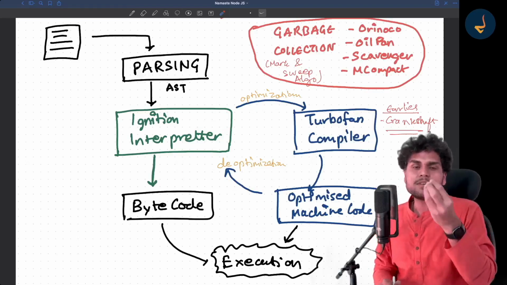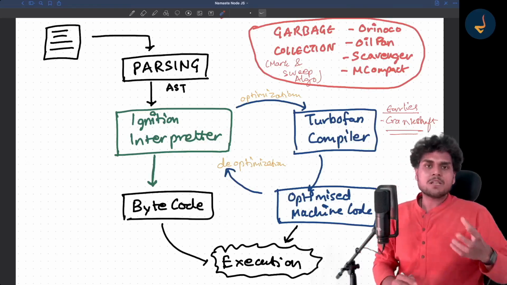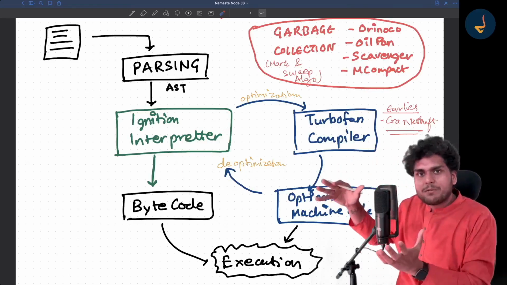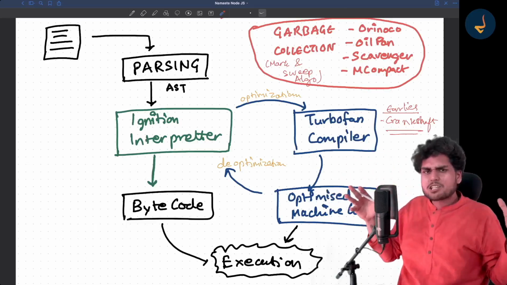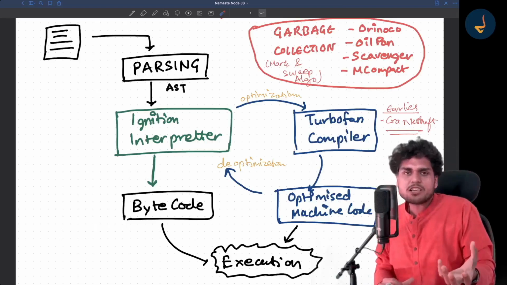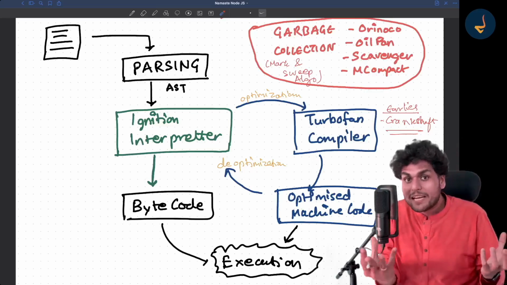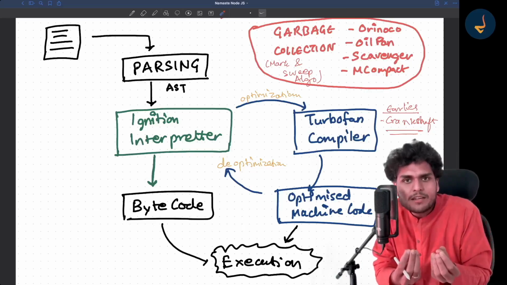Suppose there is a JS engine like SpiderMonkey, things happen very differently. All the companies have written different things, but in a nutshell, things are very similar. In other JavaScript engines also, there will be a compiler and an interpreter, but the algorithms inside might be a little different, right?